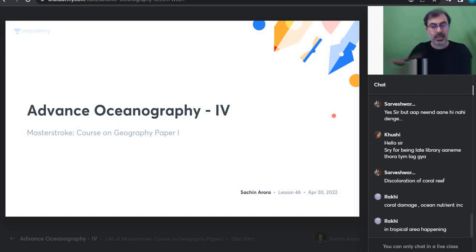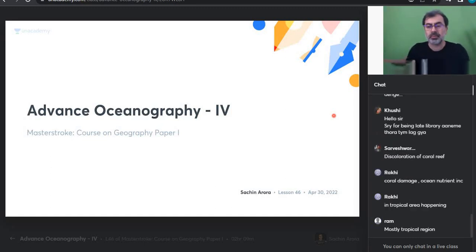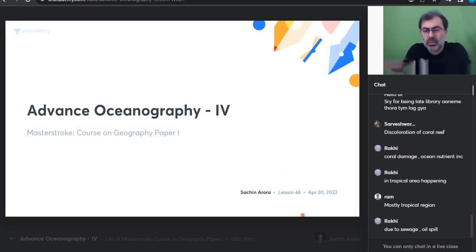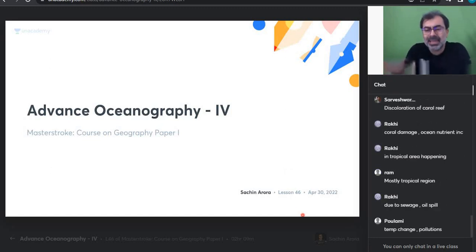It's happening in tropical areas. Corals are getting damaged. Okay, perfect. Mostly tropical regions. Perfect. So we had already looked at the map of corals, where they are found and all those things. Sewage is killing them. Oil spill is killing them. Temperature change is killing them. Okay, so many things. Absolutely correct. So let me also bring